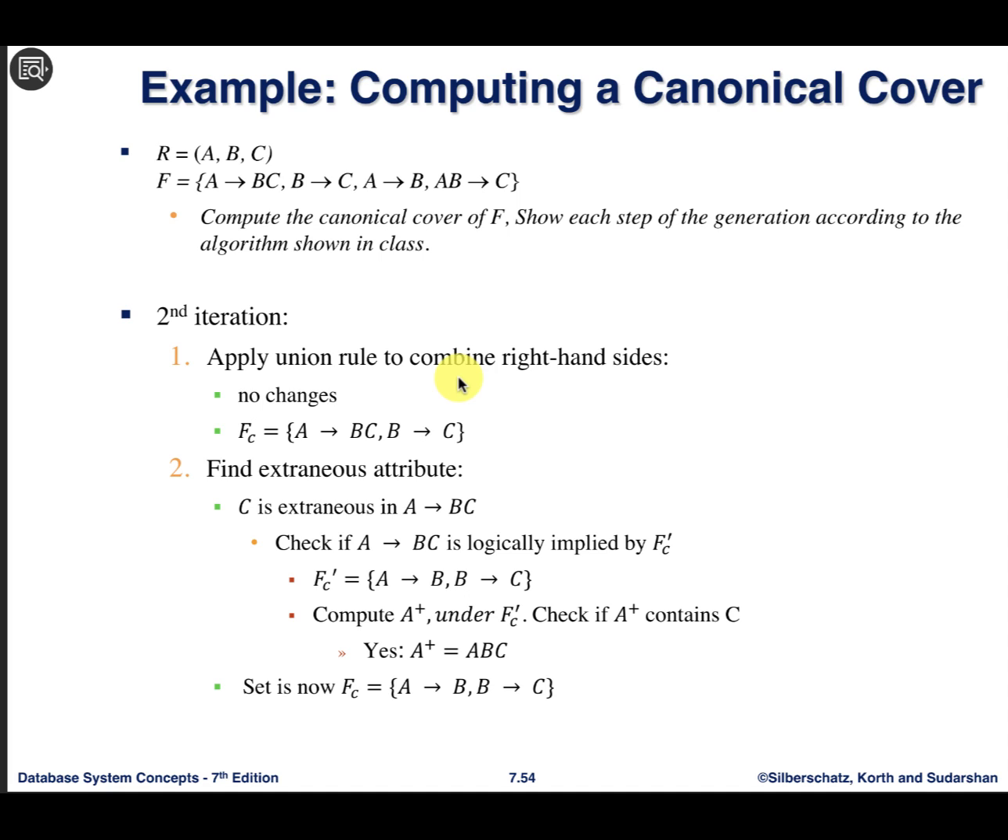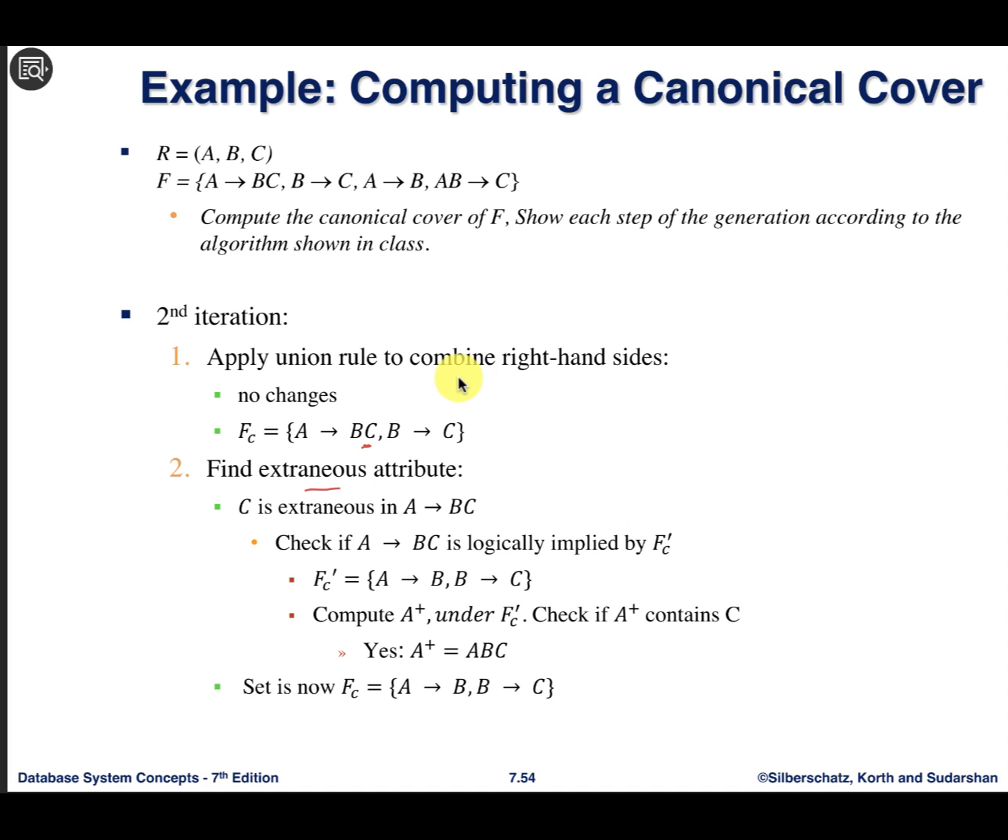If not, regardless, in either case, you have to check whether there is an extraneous or an extra attribute on the right-hand side. As we mentioned here, we're going to believe that C is extraneous. If C is extraneous, remember, if we remove this one from the right-hand side, what are we going to perform here? You're going to use, for example,